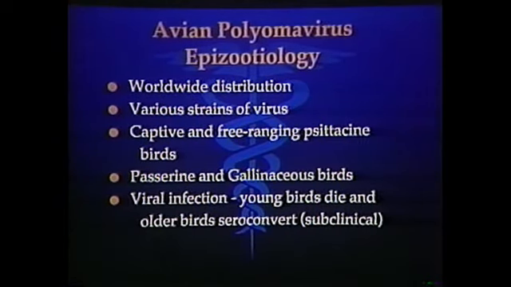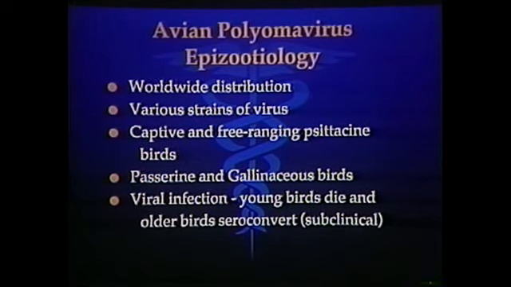Avian polyomavirus has worldwide distribution, and various strains of virus may be observed. Also, avian polyomavirus infection is observed in captive and free-ranging Psittacine species. Especially notable is the incidence of disease in sulfur-crested cockatoos in the wild in Australia. Avian polyomavirus infection also has been observed in passerine birds, which are the songbirds or finches, and canaries, as well